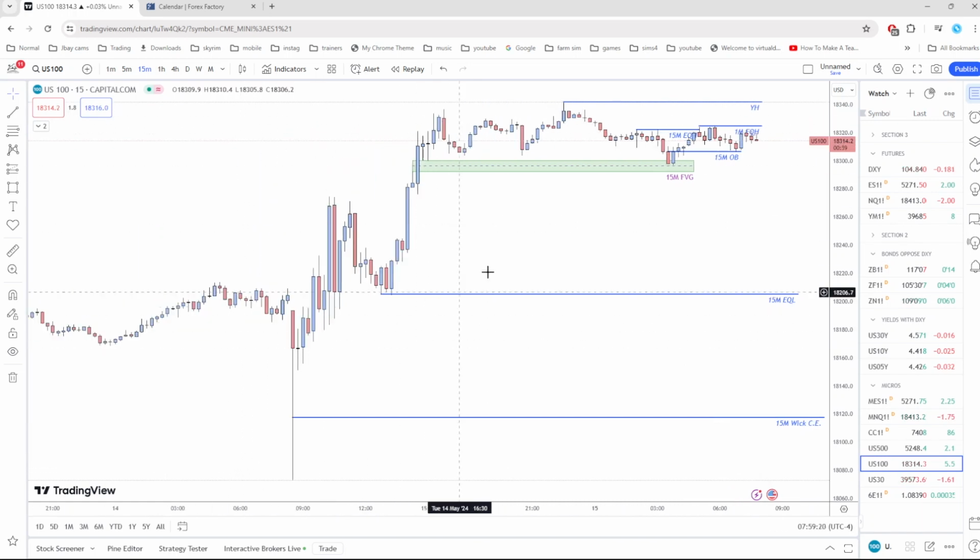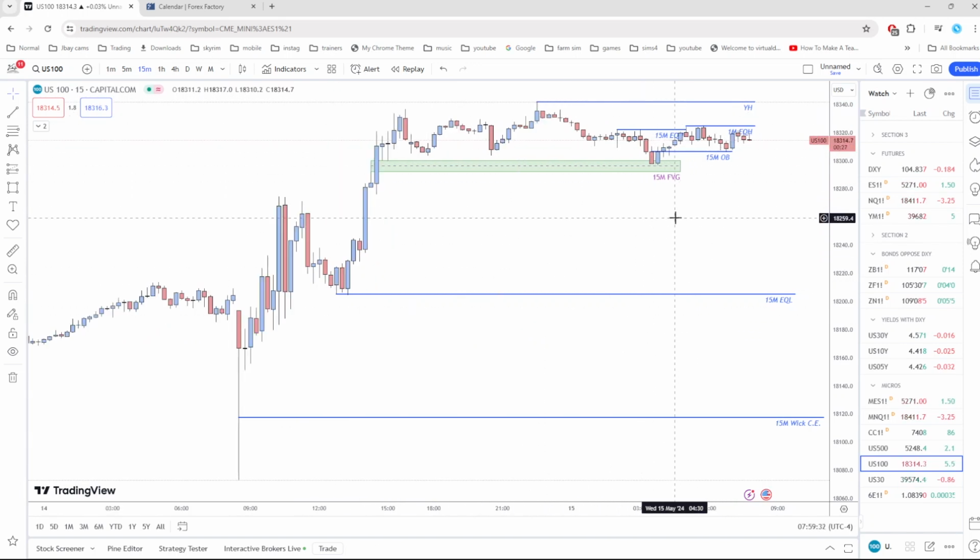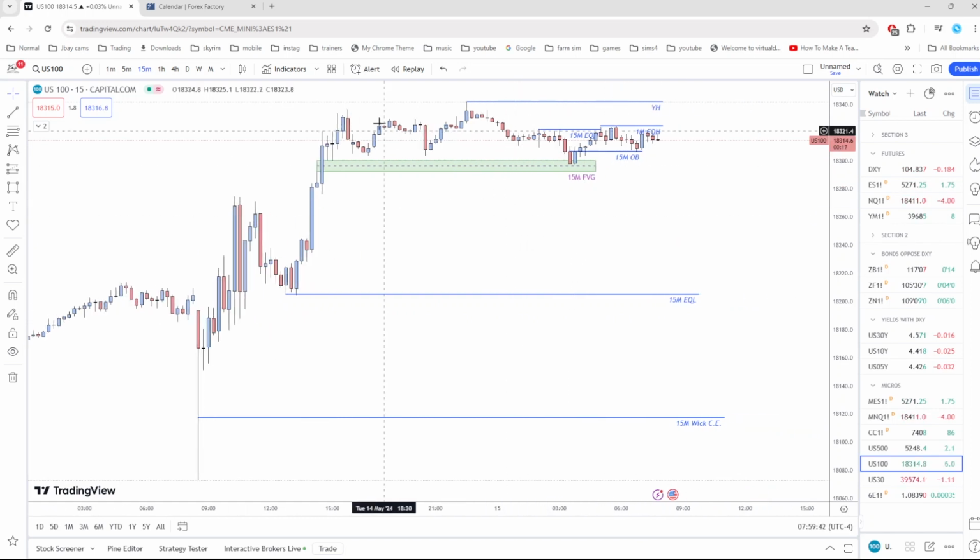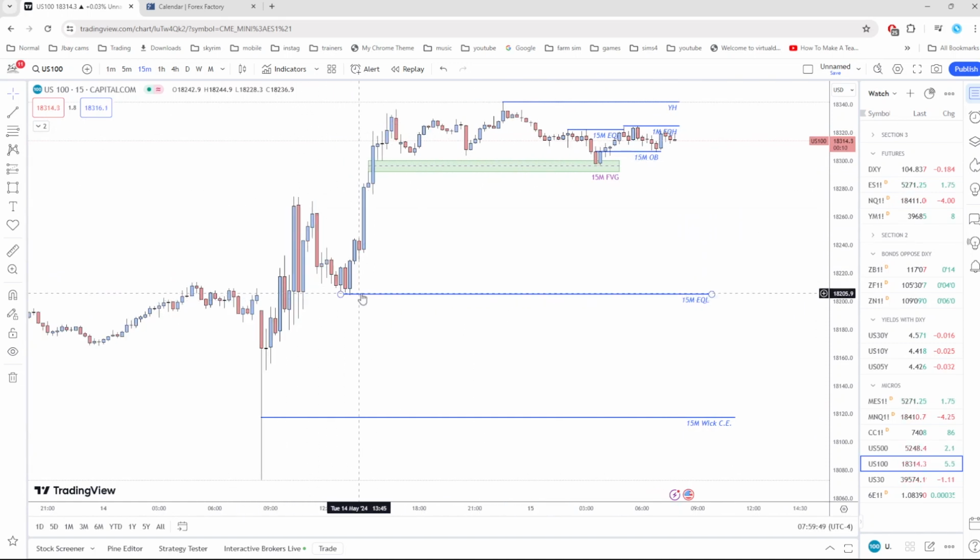But then I realized that long holders were profiting in here and they are just not going to be allowed to keep profiting in this without them being cleared. So price took these guys out. I personally am expecting price to go lower, trade into this fair value gap, possibly these equal lows. If it really wants to start getting animated, it could even go down as far as this 15-minute wick consequent